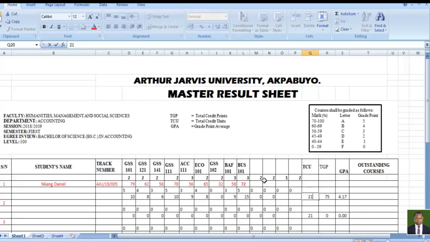Okay, remember that he didn't take any of this, so you are going to delete those ones. There's nothing there. So we have 21 credit units. Once you key in the credit unit, the grade point average, the GPA, is going to automatically reflect itself. You have no work to do there. So your job as a coordinator is simply to input the course codes, the student's name,